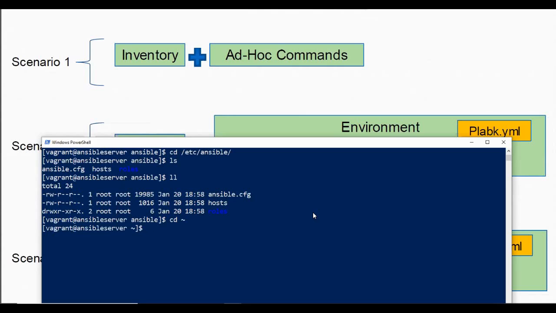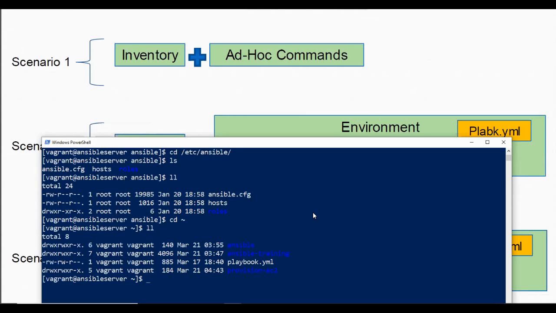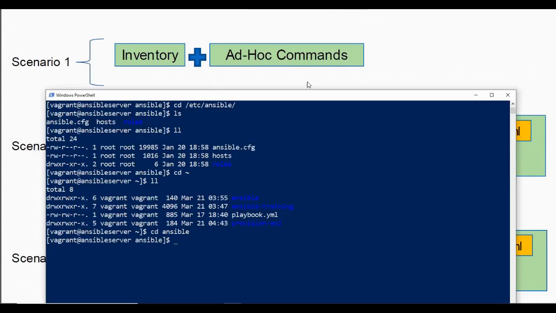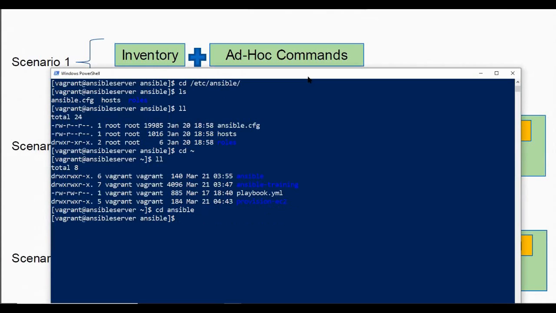So let me get back to my user's home directory, and in here if I list out, I have some folders created as ansible, ansible training, provision EC2, and so on. We'll get into all these different folders, but first of all let me take you to the ansible folder, which is where we will be understanding and looking for some additional information.